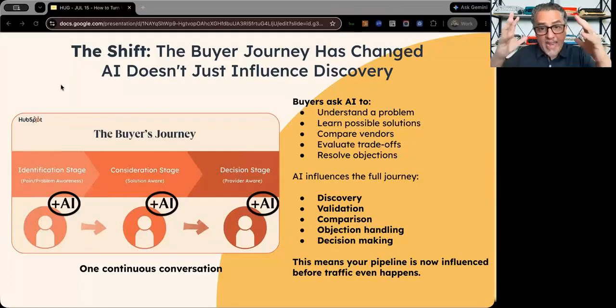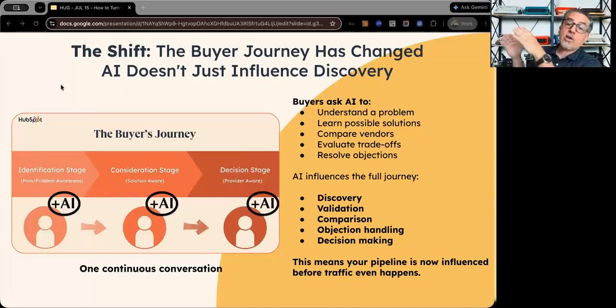It's about how to control the narrative on AI of your brand, not just people finding you. AI brand visibility for specific searches, so people can have the conversations and find you, but also how do you show up on AI and how are you controlling the narrative on AI for your brand?